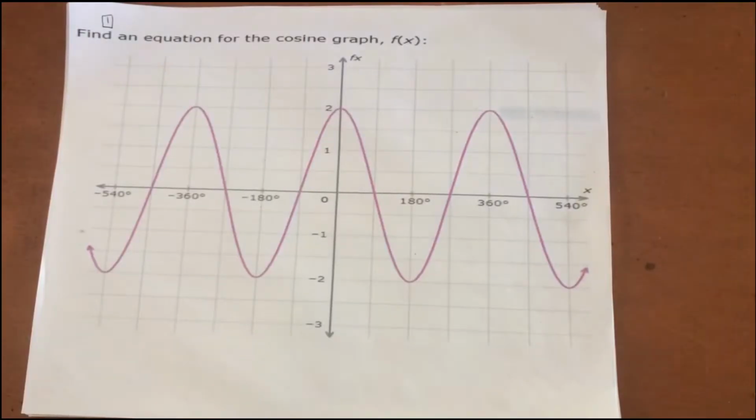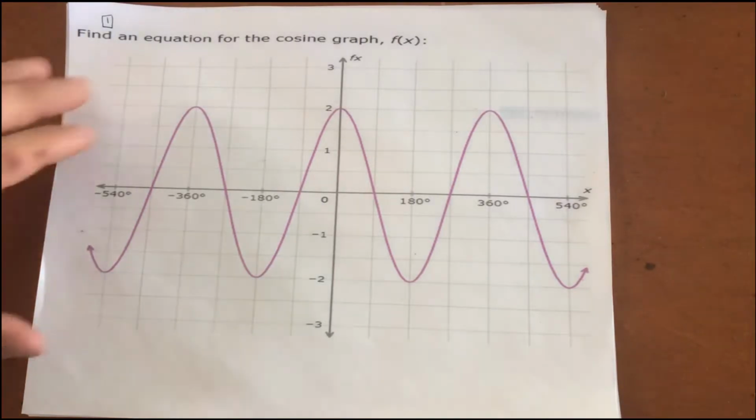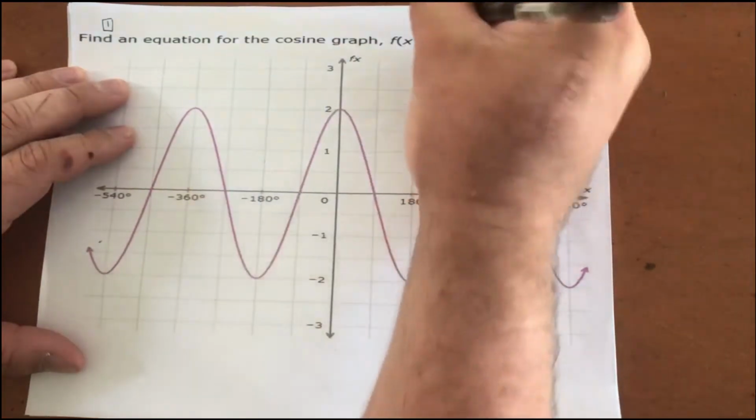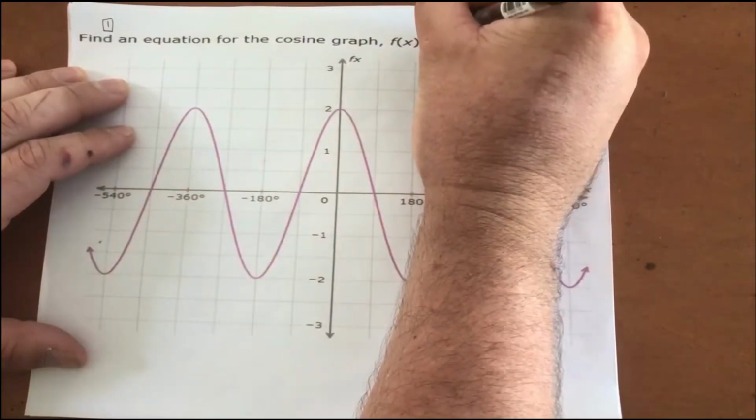Writing the equations for sine and cosine functions from their graphs. Today we're going to look at how to find the equation for cosine and sine from their given graphs. Now it's important to remember that we're told this is cosine, so we're using f of x equals a times